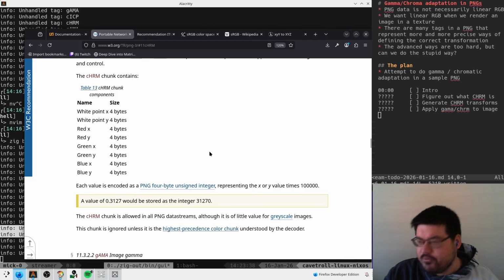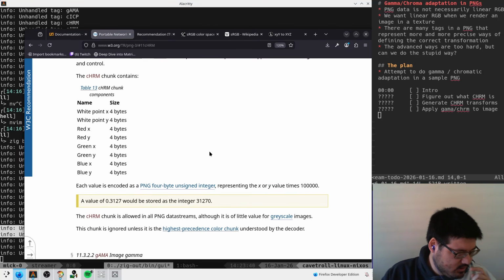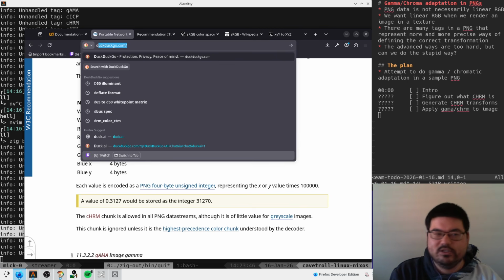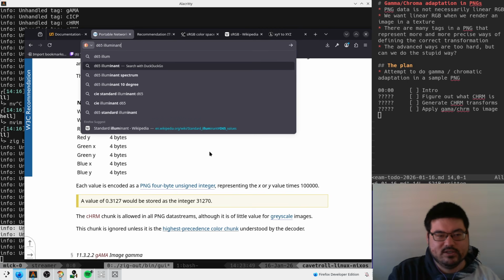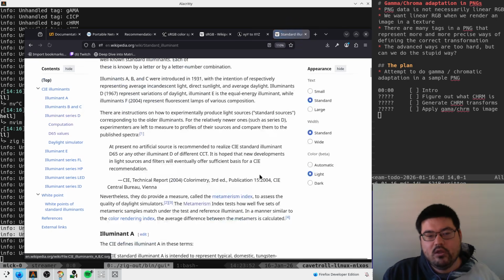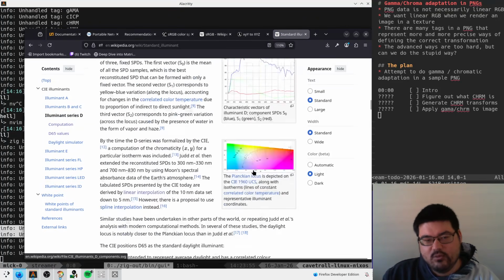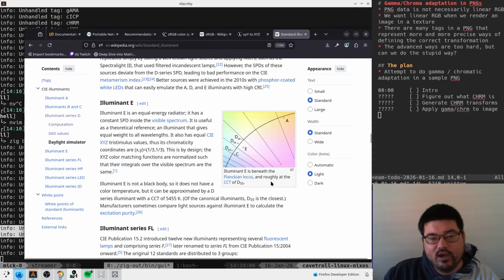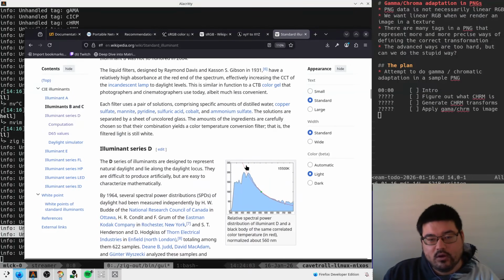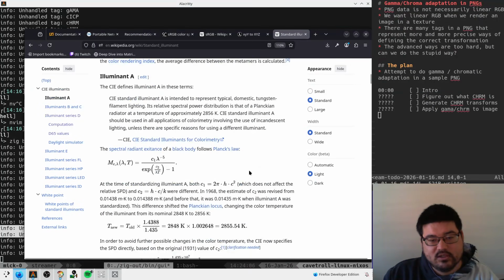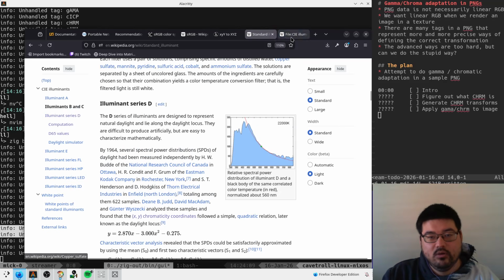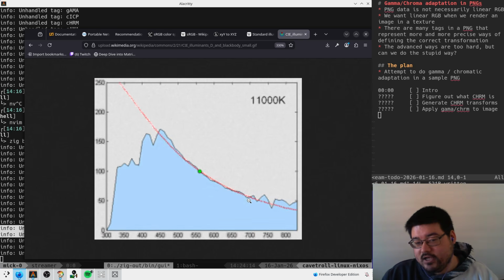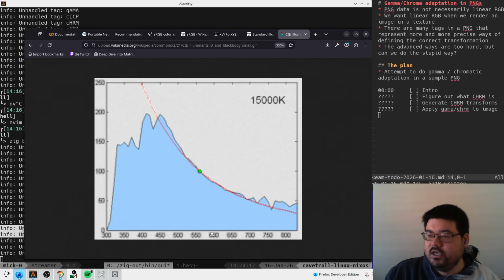And we've done a little bit of research on this in the past. Basically, if you want to convert something that was measured at different white points, hold on. We can look up the D65 illuminant as an example. So the CIE, I think, which is some French color group, they define these white points. Here, we're seeing different standardized white points, and on the x-axis you're seeing the wavelength of